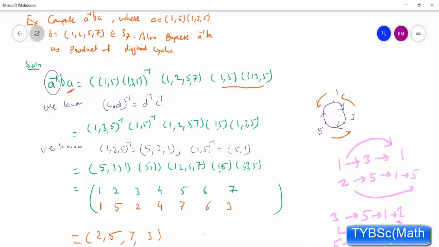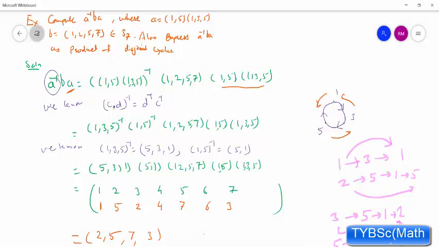Similarly for 7, focus on 7 here. What is the image of 7? How do we get the image of 7? Here 7 is not there, here also not there, here 7 is present. The image of 7 is 1, 7 goes to 1. And try to search 1 now, here 1 is there, 1 goes to 5. Try to search 5, 5 goes to 3. The remaining brackets are not present, so lastly we can say 7 goes to 3. That's why the image is 7 goes to 3.